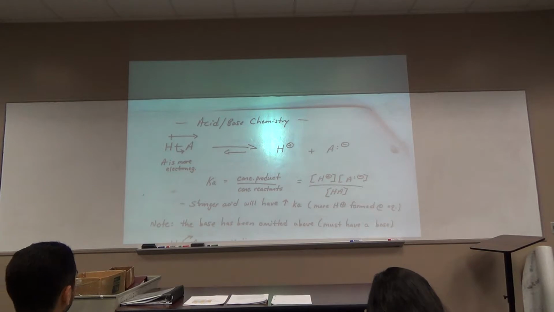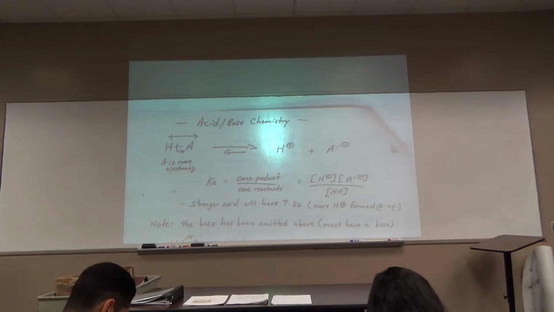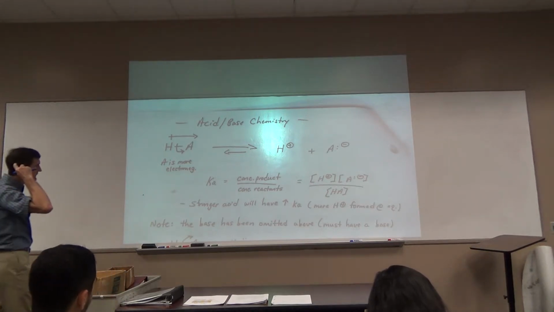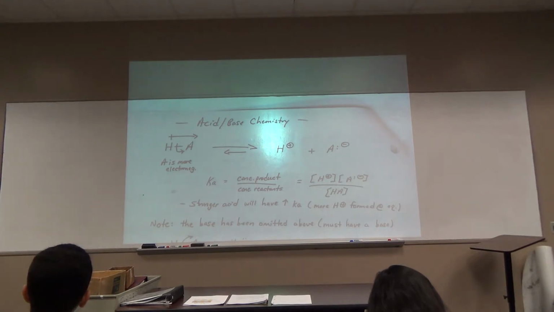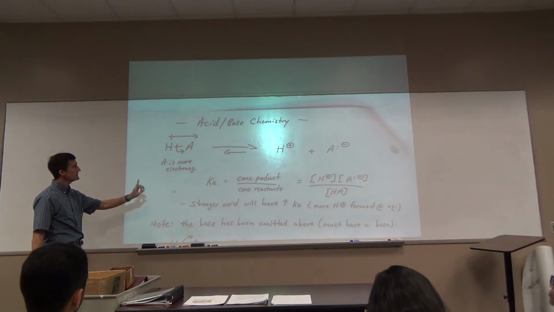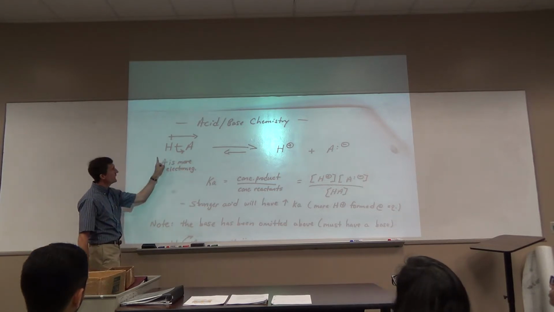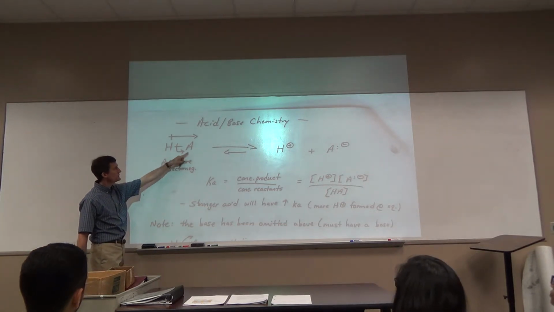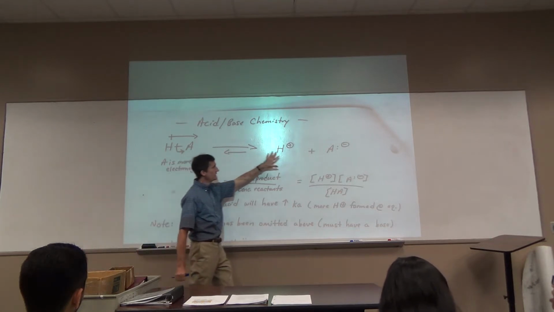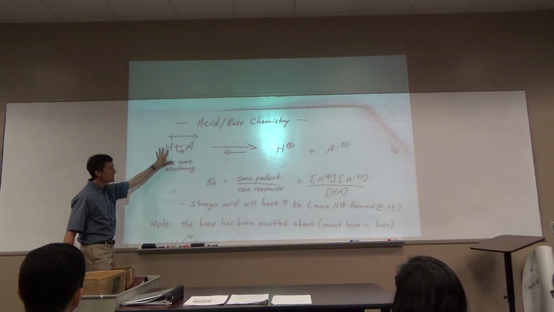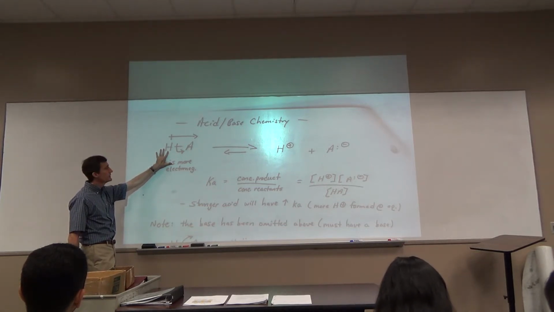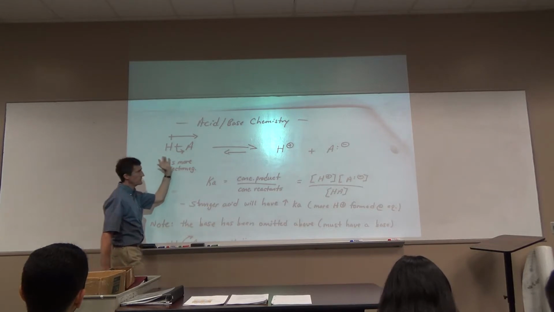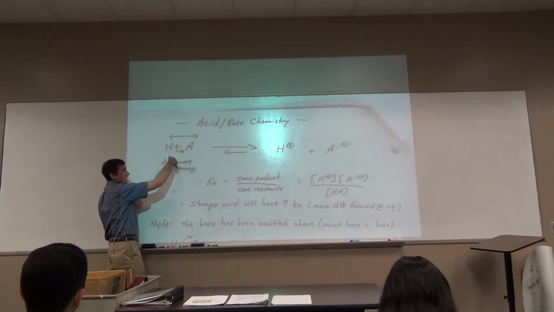Acid-base chemistry. Let's get into it. A lot of this first page is sort of review. I'll just tell you what I'm showing here, just a standard acid-base. Showing just an acid here. This is a generic ionization. There's really no base here in this example. To do any acid-base, you've got to have both an acid and a base. But you also just see an acid ionizing, and that's really just half of your mechanism.